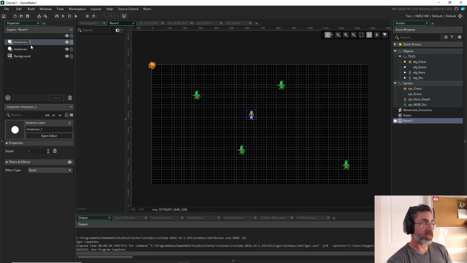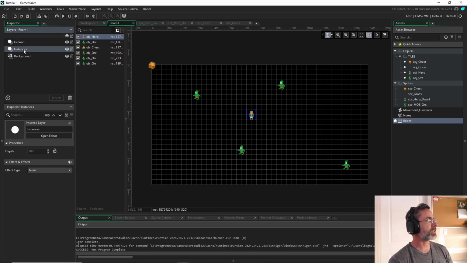It's called instances_1. Let's rename it ground because we're going to put the grass on this. So I'm just going to call it ground right there. And let's call this instance layer. Let's right click. Let's rename this one. We're not going to call it instances anymore. We'll call it